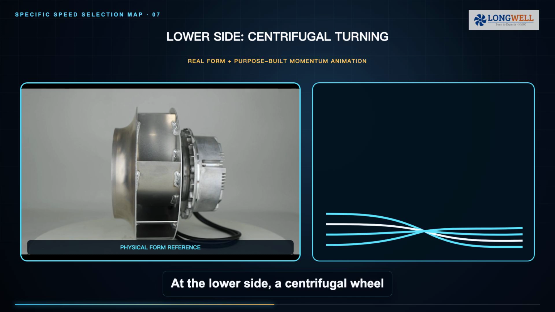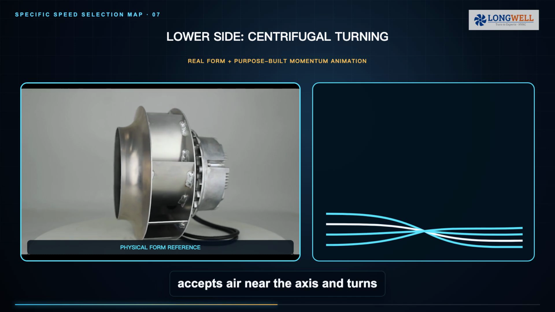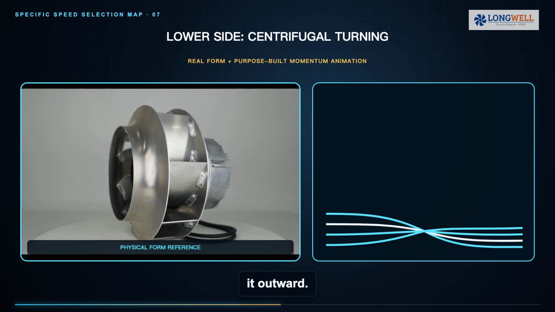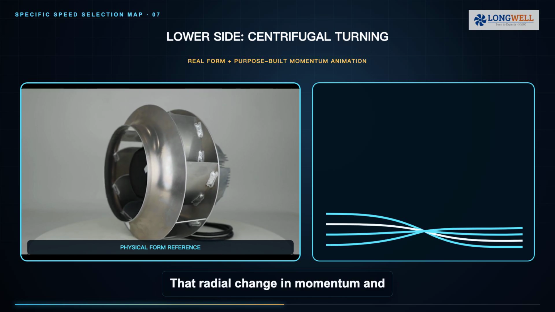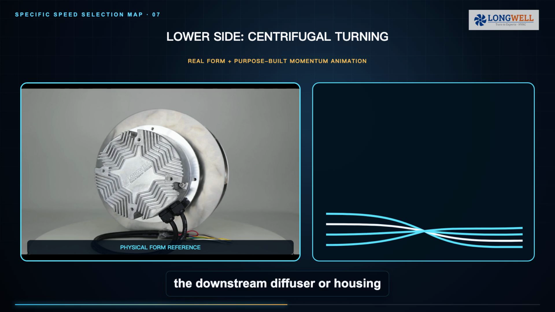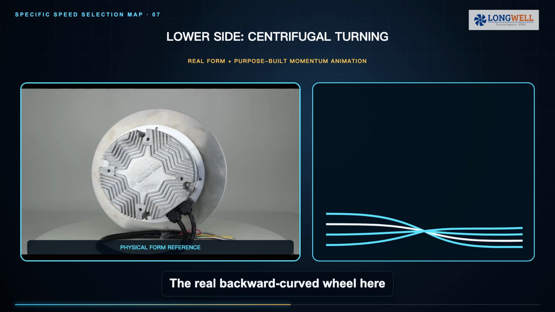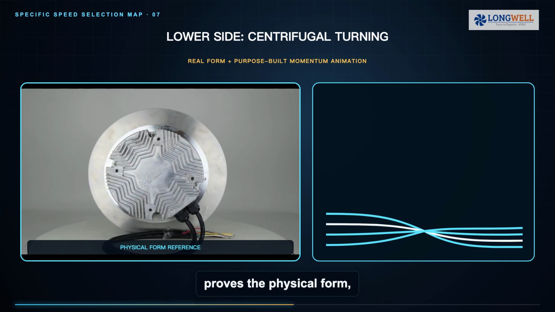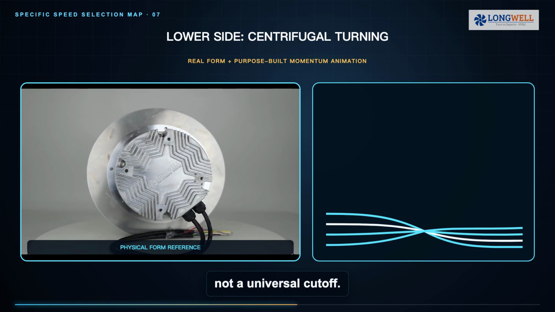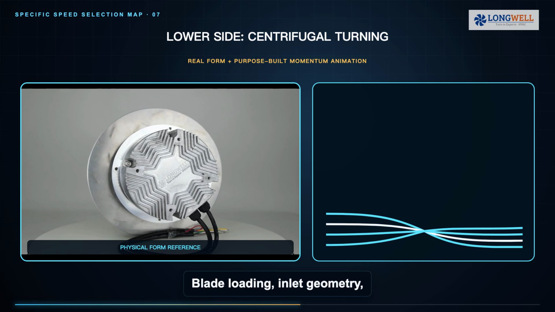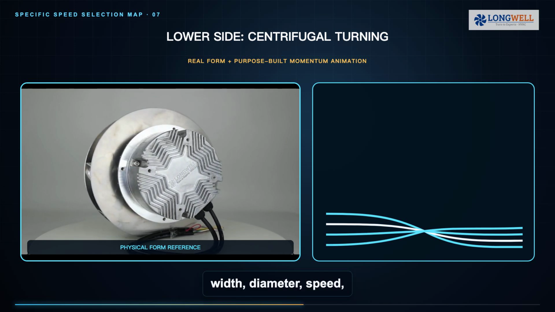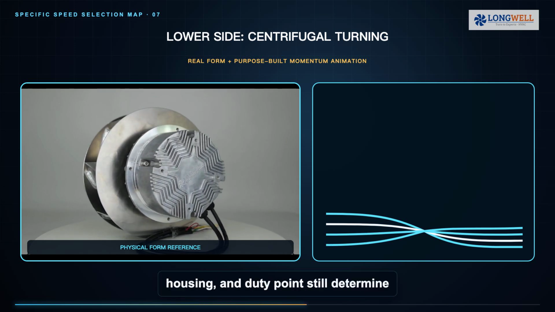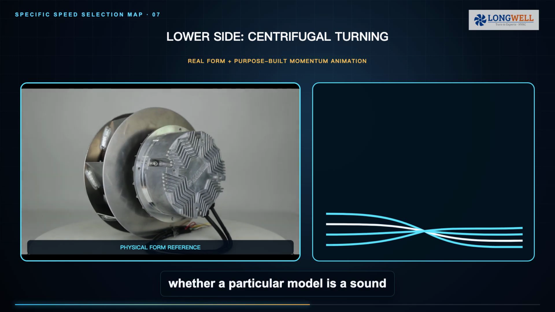At the lower side, a centrifugal wheel accepts air near the axis and turns it outward. That radial change in momentum and the downstream diffuser or housing support pressure generation. The real backward curved wheel here proves the physical form, not a universal cutoff. Blade loading, inlet geometry, width, diameter, speed, housing, and duty points still determine whether a particular model is a sound